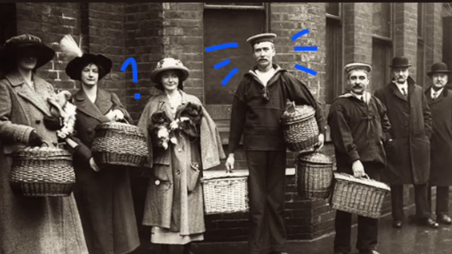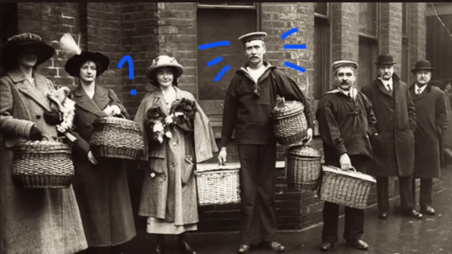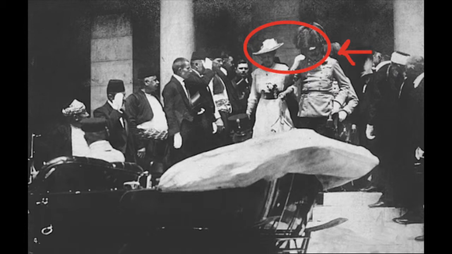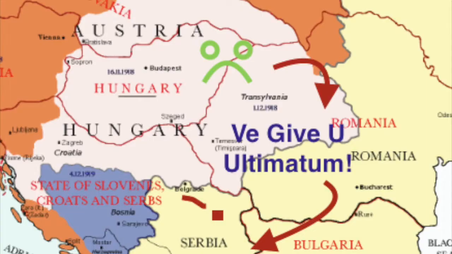Before the war, tensions were high in Europe. There was a troubled peace that was maintained until Archduke Ferdinand, the heir to the Austro-Hungarian throne, was assassinated along with his wife in Sarajevo, Bosnia. This sparked a long chain of events that would lead to war.